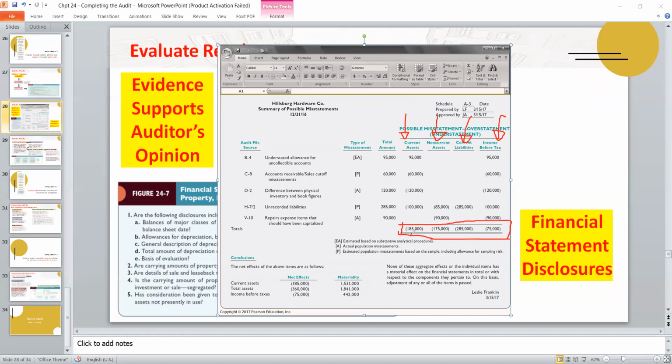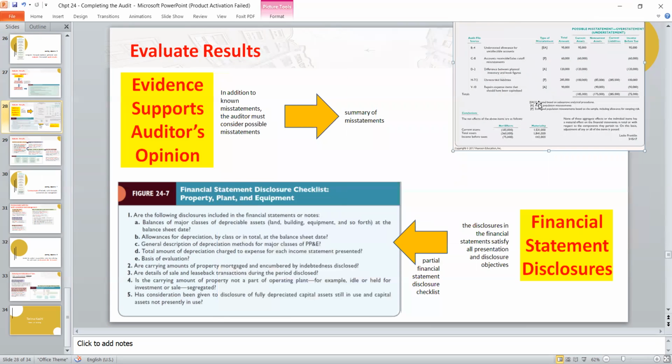This is the summary, the number summarized. After that, of course, you need to compare it to your materiality, especially the performance materiality. Because this number is below the materiality numbers, the financial statement can still have the unmodified opinion. There is still a probability of having the unmodified opinion. So you need to have the summary for the misstatement.